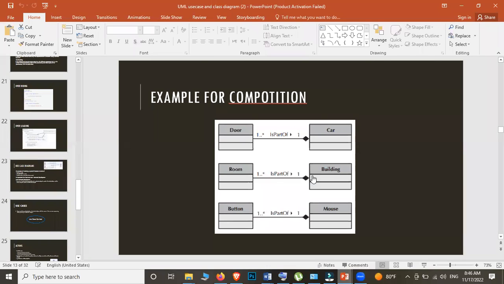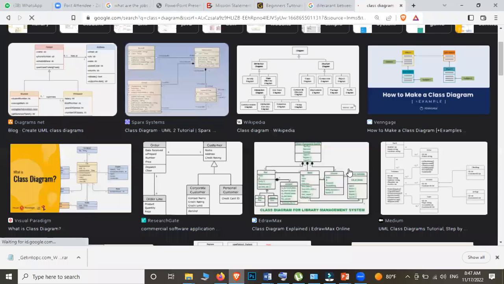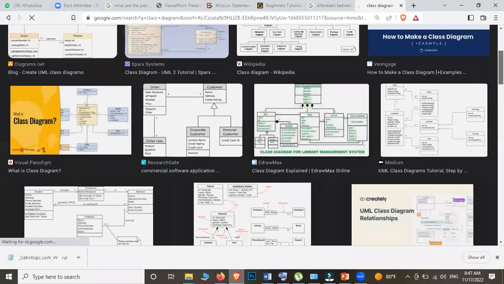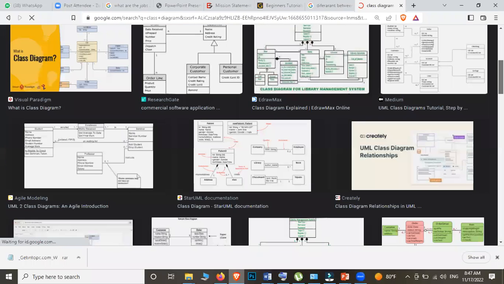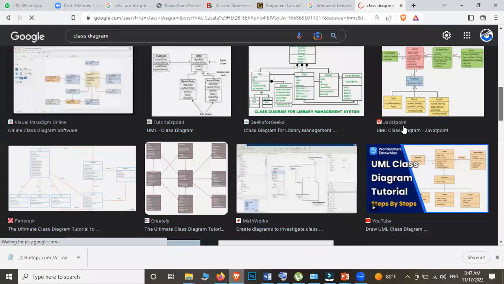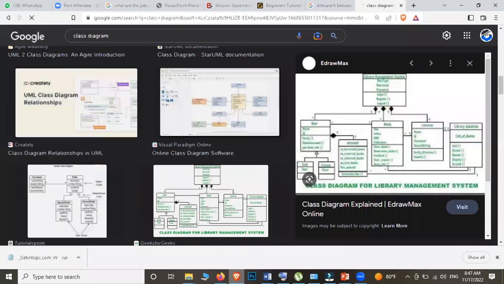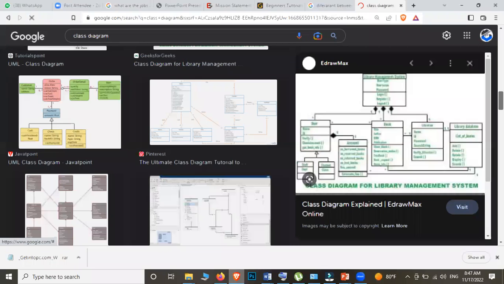Okay, for example, we'll take this class diagram for a library management system. They have clearly mentioned the aggregation, association, and then generalization relationships as well. Are there any other relationships that I can share with you? Is it clear for you guys? Because I just want you to make sure whether you got it or not. Okay, so if you don't understand, please let me know.